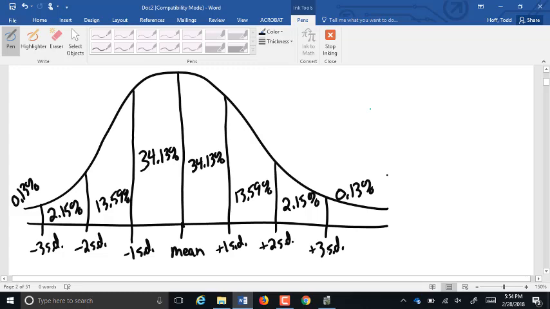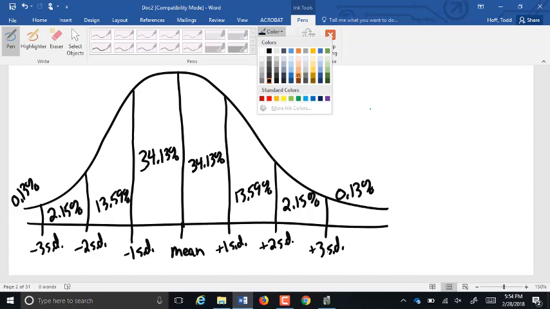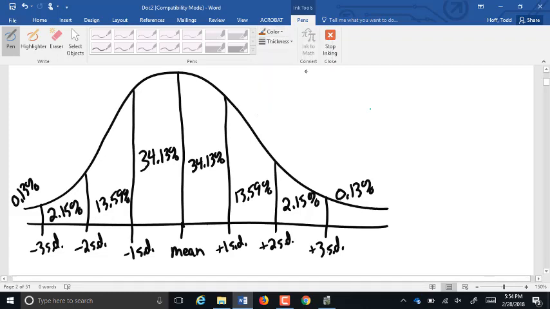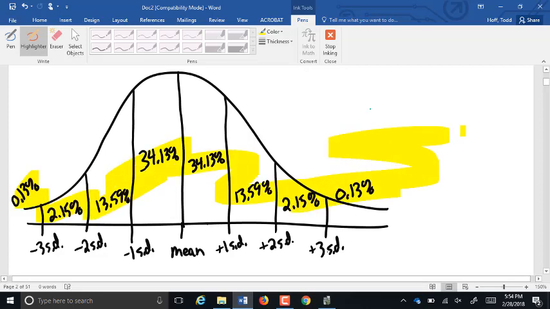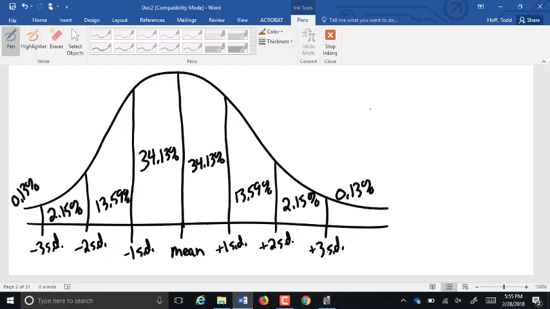If you ever did a Six Sigma training, yes, this is exactly what that's based off of. These percents that I just put in here are constant. They are always the same. Now, Six Sigma rounds them to 68, 95, and 99.7 rather than having the exact numbers in like this. So those percents always stay the same. What changes are the numbers that end up on the bottom, depending on what the mean and standard deviation of the